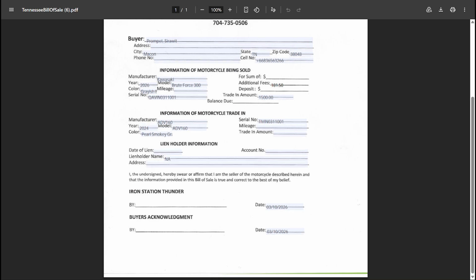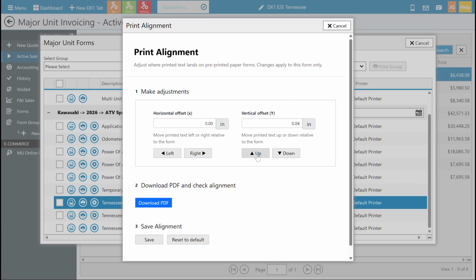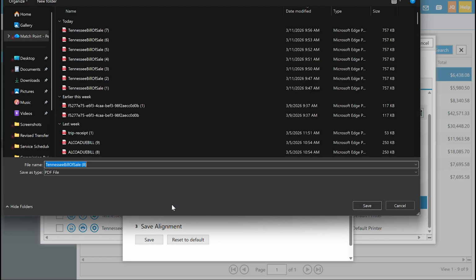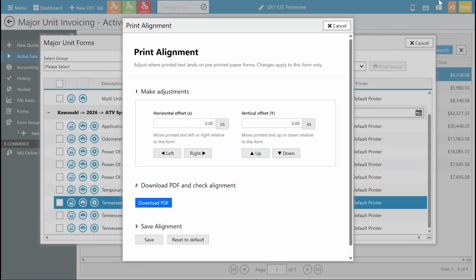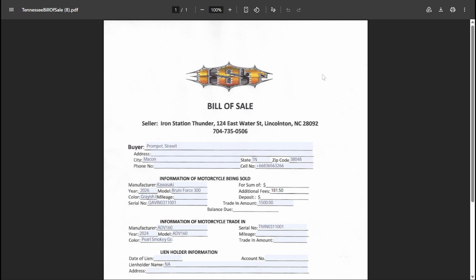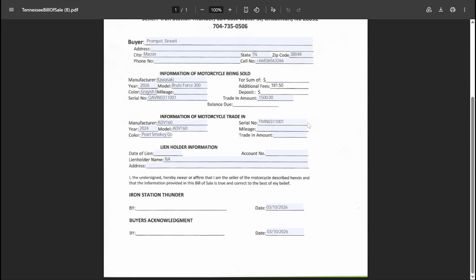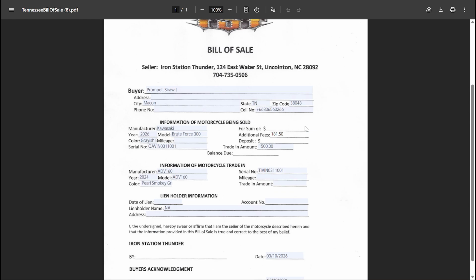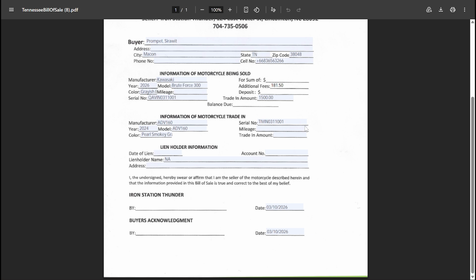So what we can do is come back to our tool, move it up a couple more clicks, and hit download PDF again to see those changes we made, save it in the browser, it'll download, and quickly open it up. And hey, now we're looking good. I can clearly see that the alignment for everything that I'm looking at, buyers, cities, those types of things, is right where we want it to be. And that's a simple way to use this tool.